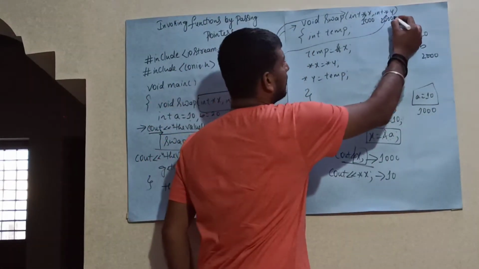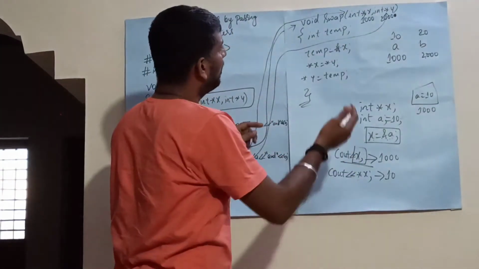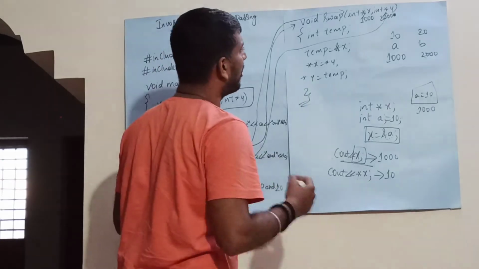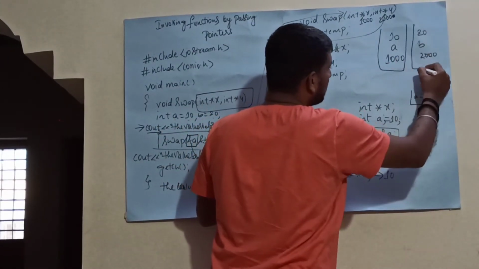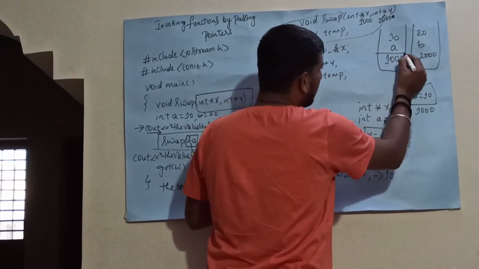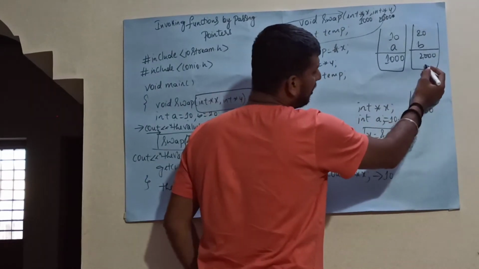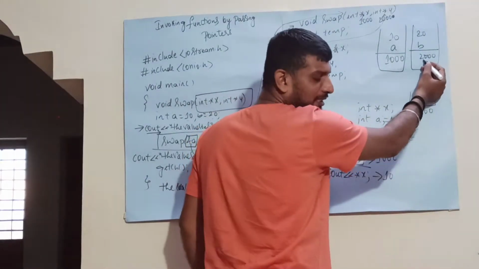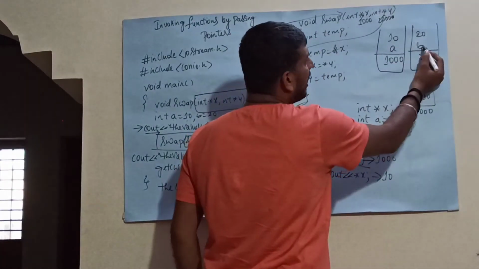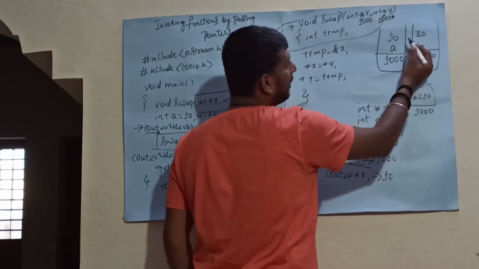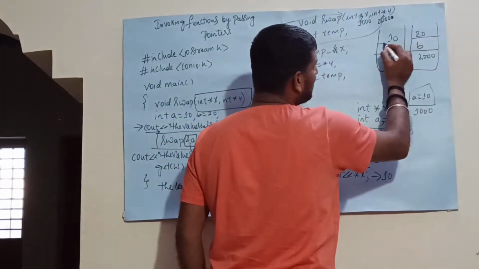Next, I have declared another variable called temp for exchanging, or swapping, of the values. Now, you have a container like this. The container is placed at the address 1000 and another container at the address 2000. The name of one container is a and the name of the other container is b. The value of the first container is 10 and the value of the other container is 20.